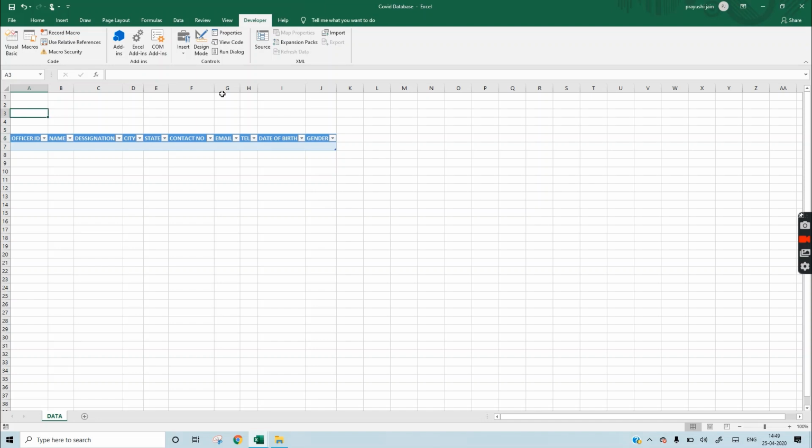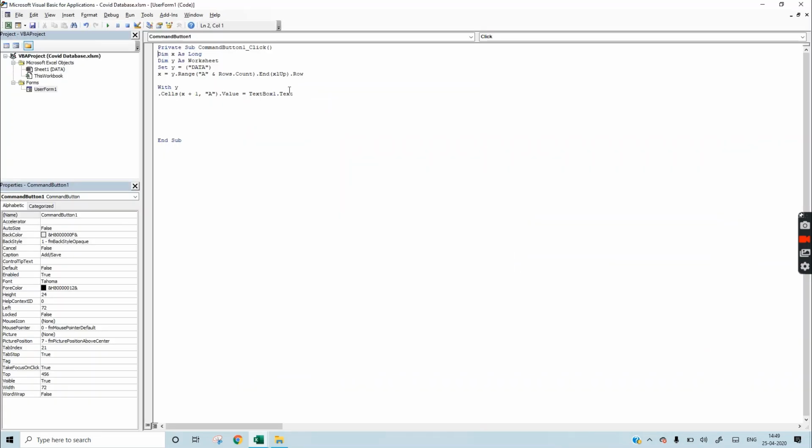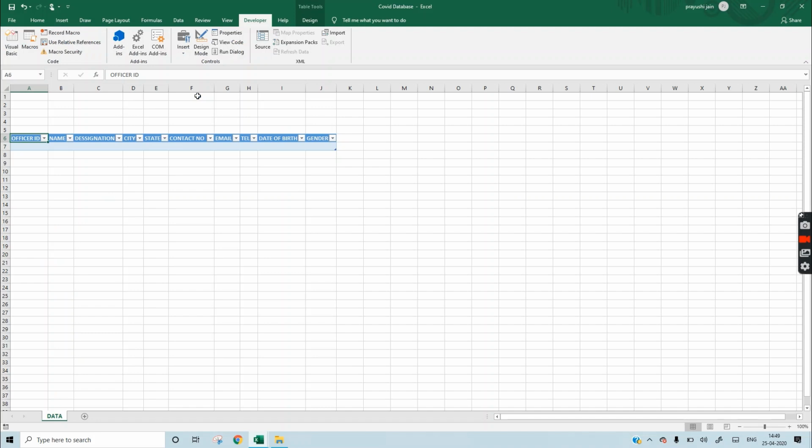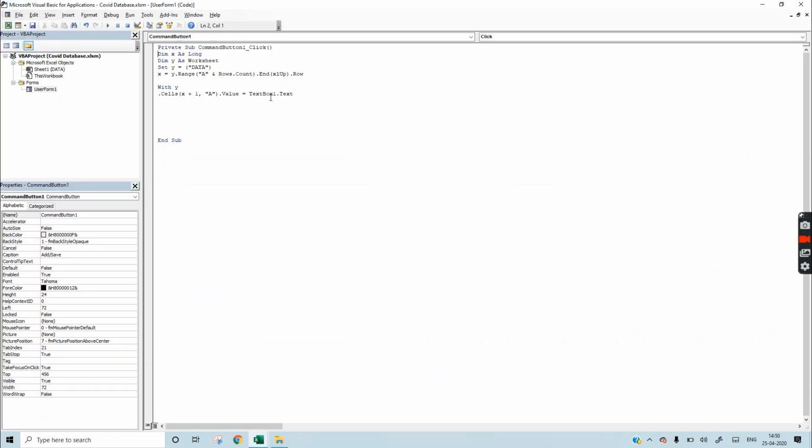It will check column A. Then it will select x plus 1, where x is the last cell used. It will take this, and whatever data is in TextBox1, it will save there.